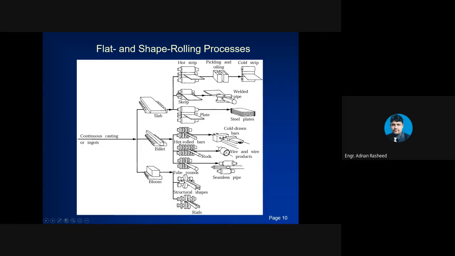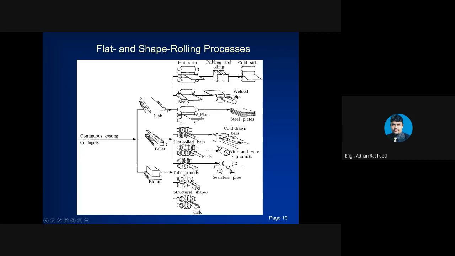While for billets, you can see that you have different rollers, and you pass the billet through these rollers and get smaller cross-sectional areas such as smaller square rods, which are further processed in order to get seamless pipes as well. So this is the example of a billet. Now for blooms, you have seen that you have 150 millimeter or higher square cross-section.